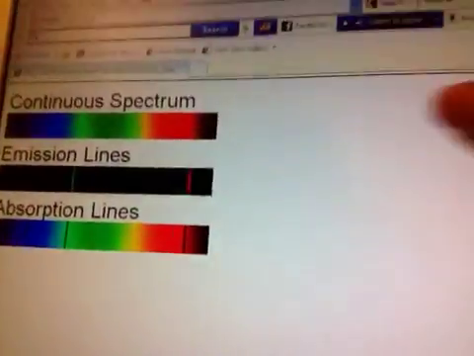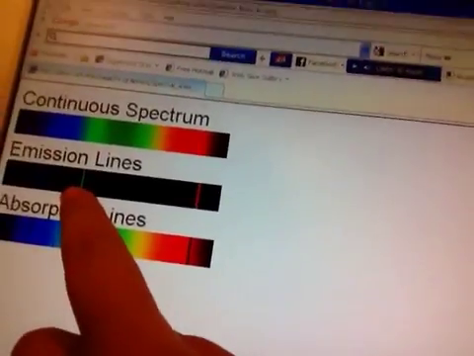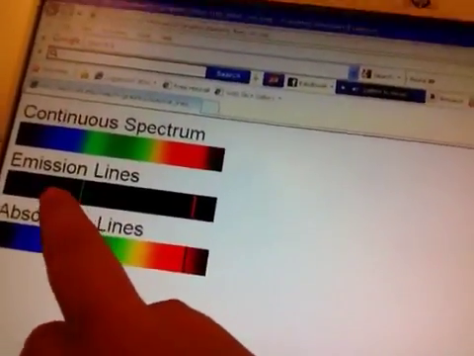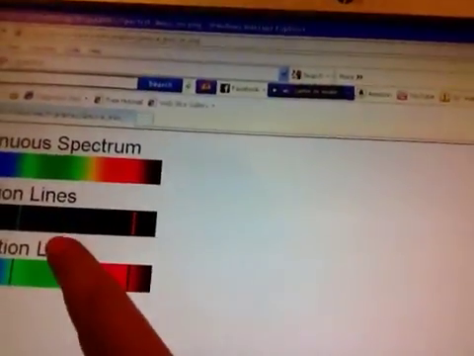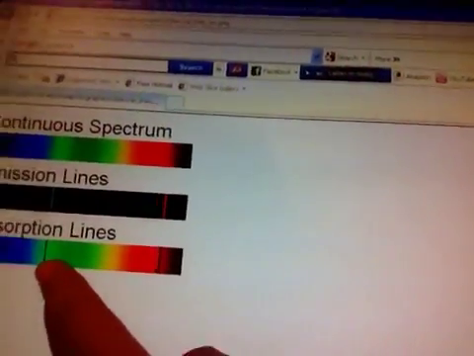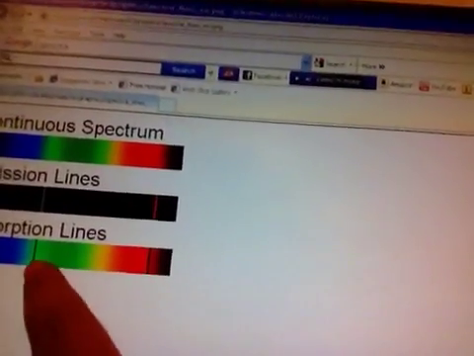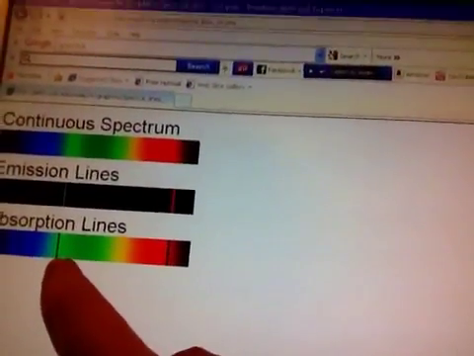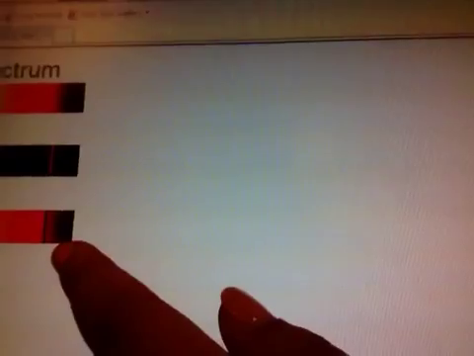Bear with me, guys. Okay, so you can see here that this is a dark band, and then there's a colored band here. There's another dark place here, and then there's a purple colored band there. That's an emission spectrum. An absorption spectrum is where we see lots of color, but then randomly we see these dark black, very thin bands or thin lines. So you can really see that dark band in between the orange and the red here, and that's an absorption